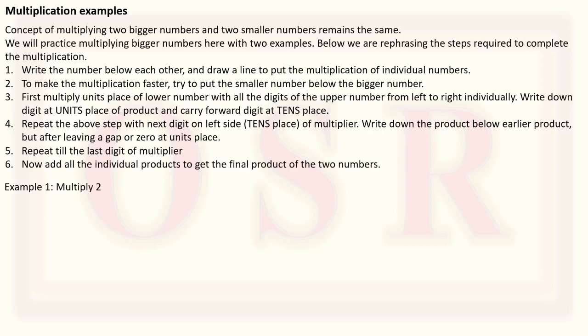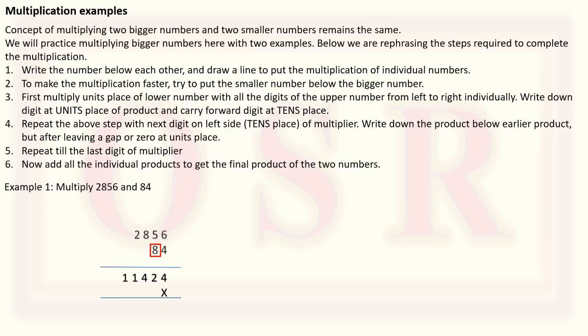Example, multiply 2856 and 84. So we write down 6 4s are 24, right? So 4 and 2. 5 4s are 20 plus 2, 22. Write down 2, carry forward 2. 8 4s are. So now you see how the multiplication tables are so important, because you need to quickly multiply